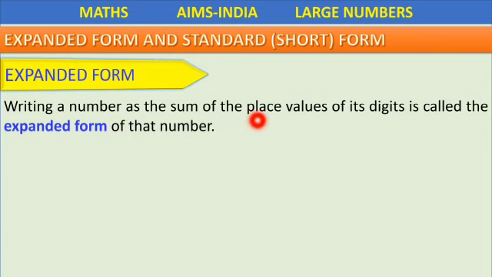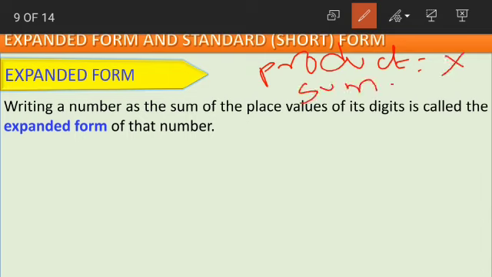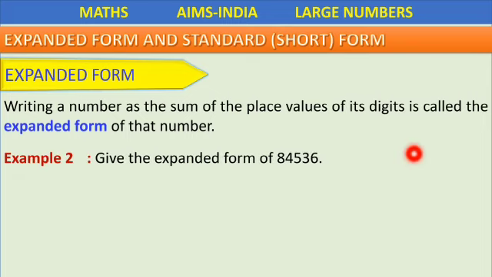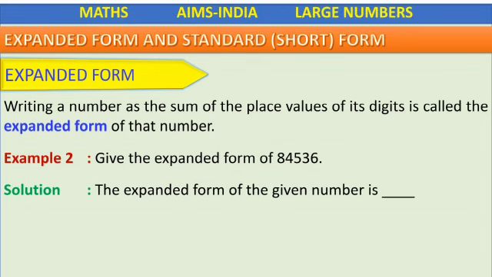What do we do here children? Again we are using the same place values. We write the place values and then we find the sum. What does sum mean? We've learned about product. Product means the answer we get from multiplication. And sum means the answer we get from addition. Simply we have to write the place values and then add the place values of all the digits. Clear children? Example, write the expanded form of 8,45,036.